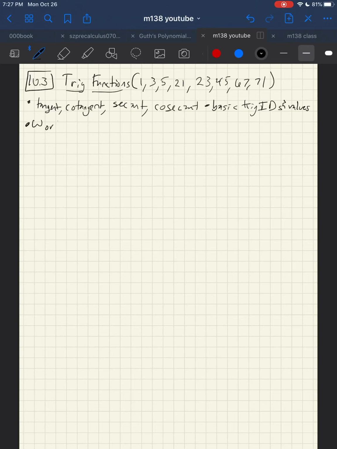I'm going to ask that you work through examples 1, 3, and 4 from the book. Okay, so I'm going to start out defining some things that you've seen before, and then I'm going to move forward. So given a right triangle with acute angle theta,